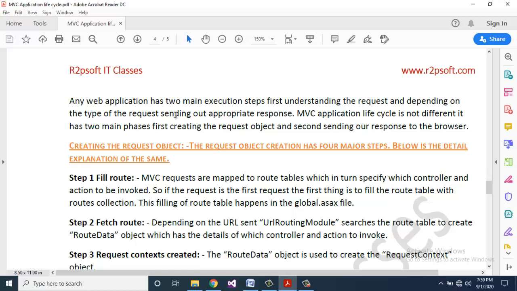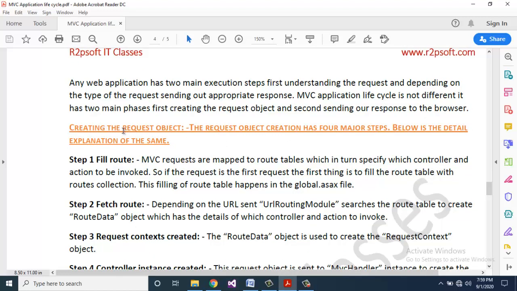It has 2 main phases. First, creating the request object, and second, sending our response to the browser. Creating the request object has 4 major steps. Below is the detailed explanation of the same.